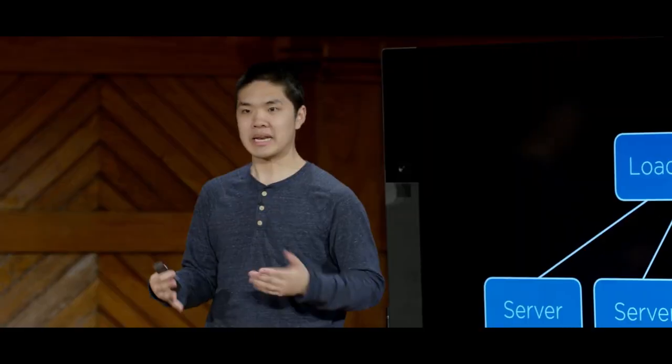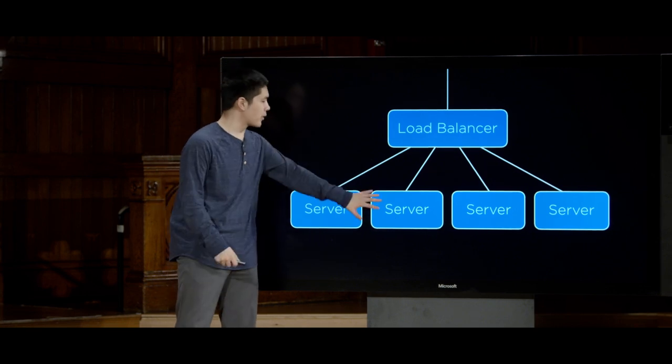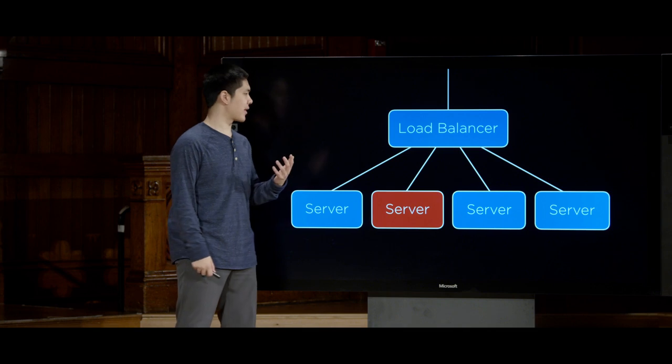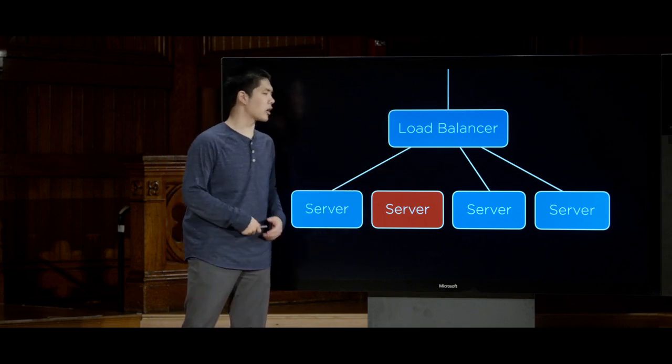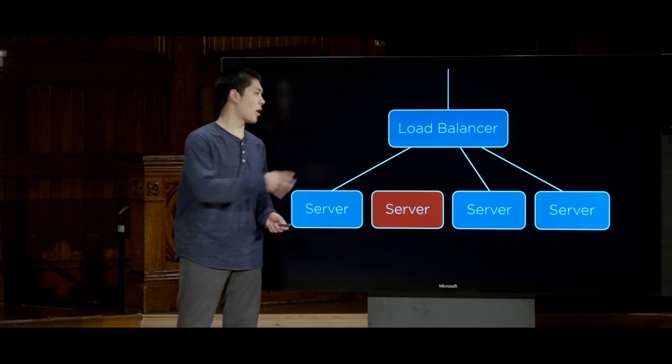And another problem worth thinking about is that as you add more and more of these servers, you introduce opportunities for failure. Now, it's better than having a single server, where if that single server fails, suddenly the entire web application doesn't work at all. That's what we generally call a single point of failure, a single place where if it fails, the entire system is going to be broken. One advantage of having multiple servers is that we no longer have a single server that acts as a point of failure. If one of the servers goes down, then ideally our load balancer should be able to know, based on that information, to no longer send requests to that particular server, to instead balance the load across the remaining